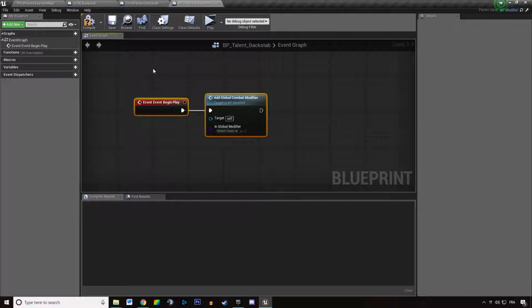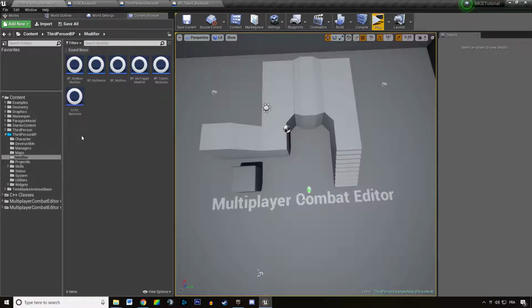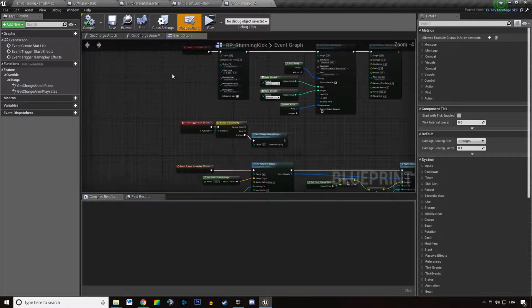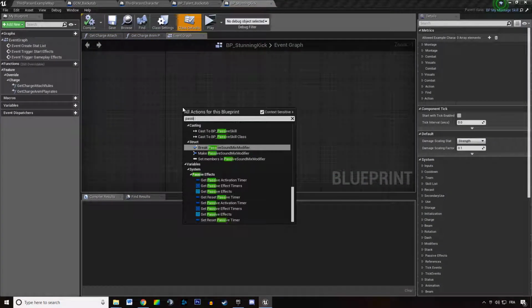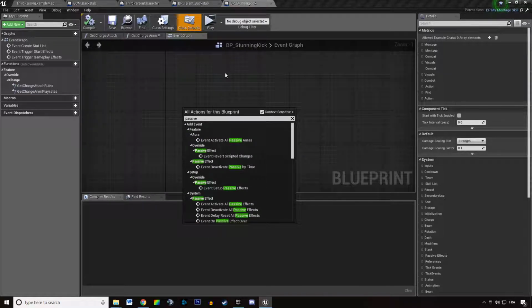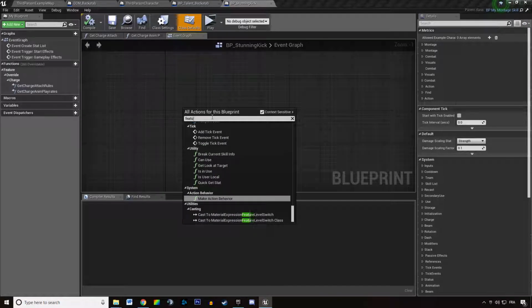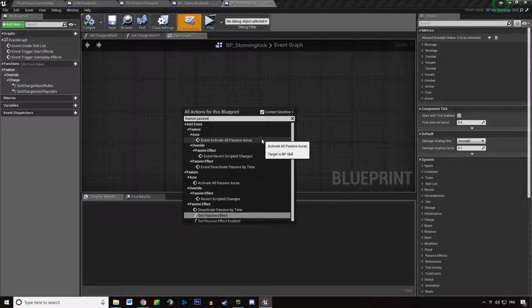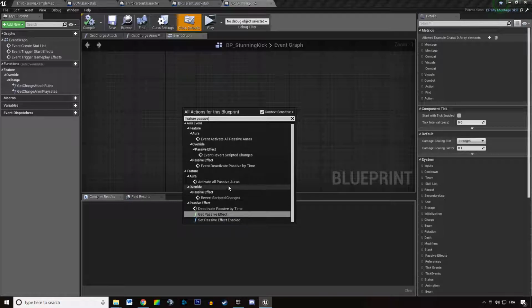So this is how you can add combat modifier through modifiers. In here, we are in a modifier, but maybe you are building up a passive skill. Let's imagine that we are setting up our